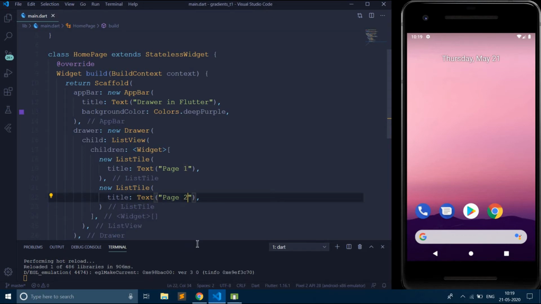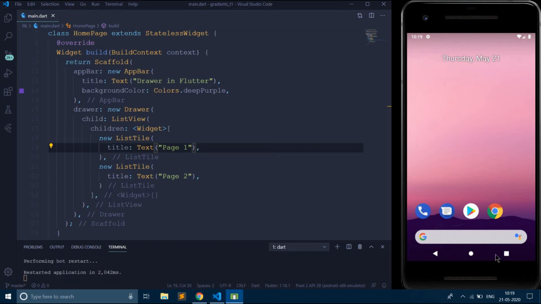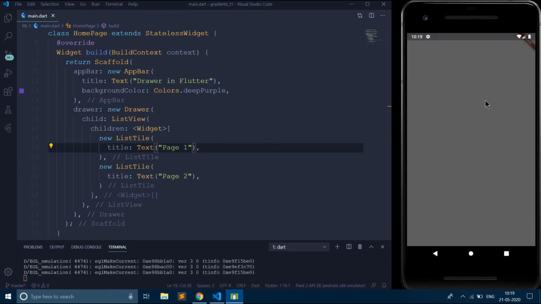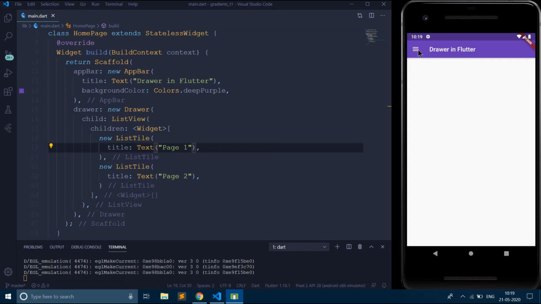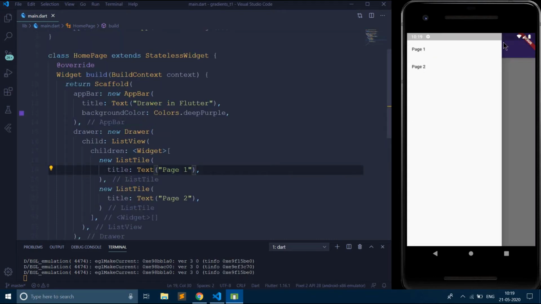So let's now run this. We should be getting a drawer with two list tiles naming page 1 and page 2. As you can see, we have got the drawer with the two list tiles page 1 and page 2. If you wanted to create a user accounts drawer, you can do it here or here.